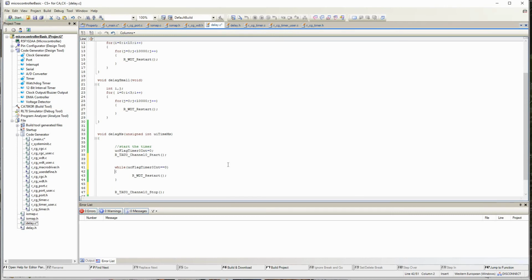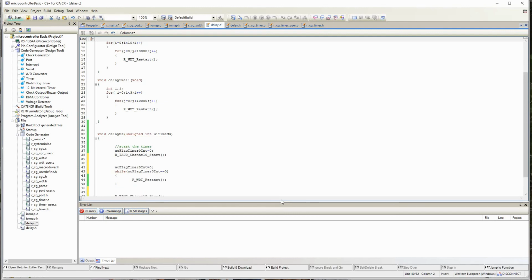So this is giving me 1 millisecond. Okay. Interrupt is equal to 0. I will not turn on the timer repeatedly. I will just clear the flag and wait for it to be set.